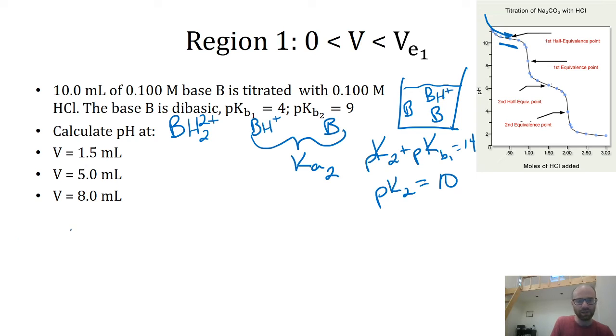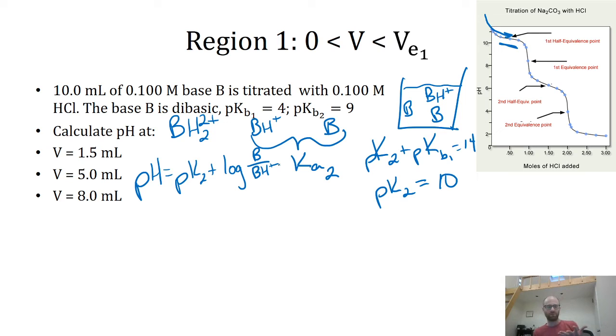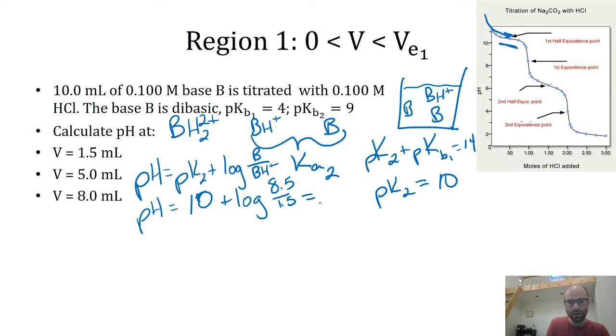Now, hopefully this makes a little bit more sense. This should look a little more familiar to stuff we have tackled before. For each of these, the generic form is pH equals pKa2 plus log of B over BH+, still consistent with what we saw before. We're going to make our life a little easier, and since our equivalence volume is 10, we set up our ratio of base to acid based on volume added versus volume remaining to get to 10. So for 1.5 mL, pH is equal to 10, sorry, I almost wrote 5 for some reason, plus log of 8.5 over 1.5, and that equals 10.753. For the second one, pH is going to be equal to 10 plus log